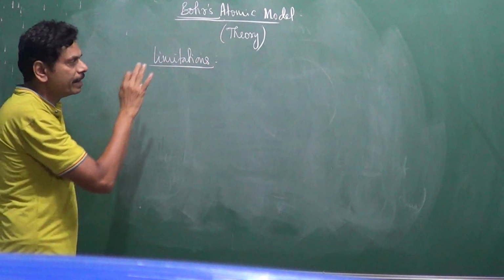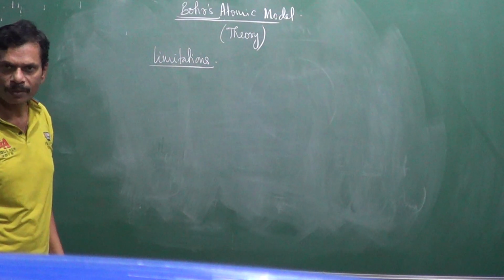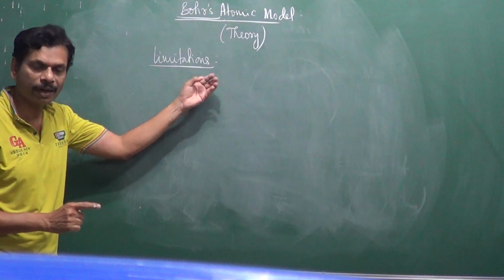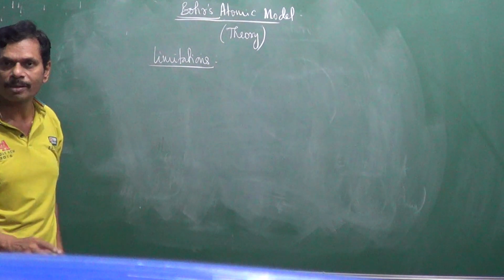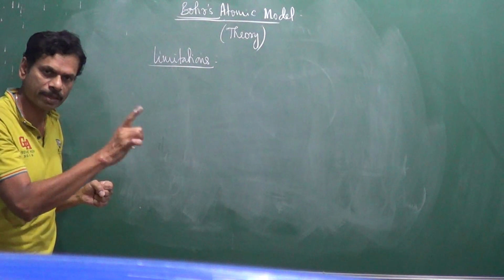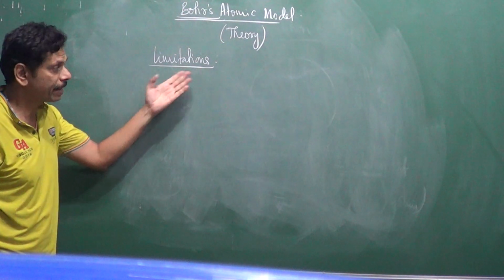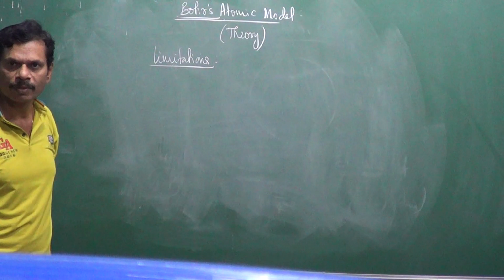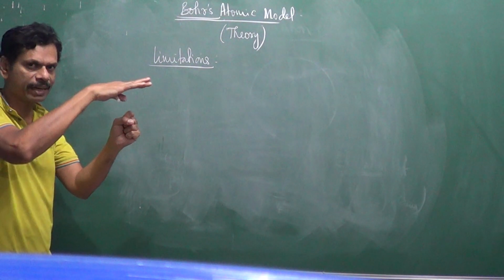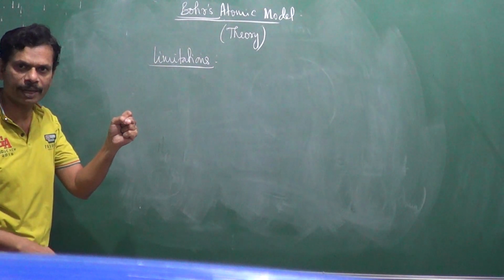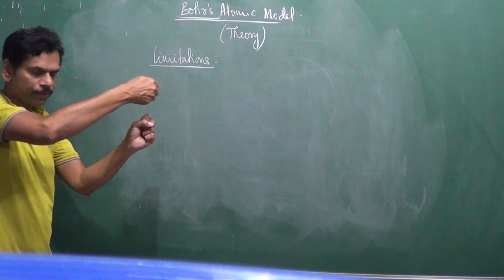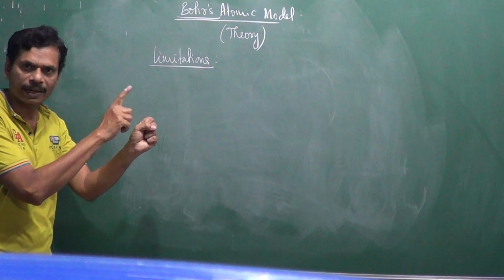First of all, Niels Bohr applied it only for hydrogen, meaning Z is equal to 1, or hydrogen-like atoms, meaning the number of electrons present in the particular atom must be equal to only 1. It cannot be applicable for complex atoms. If an atom contains more than 1 electron, 2, 3, 4 electrons, then we cannot apply Bohr's atomic theory. We would have to remove all the electrons except 1 electron.